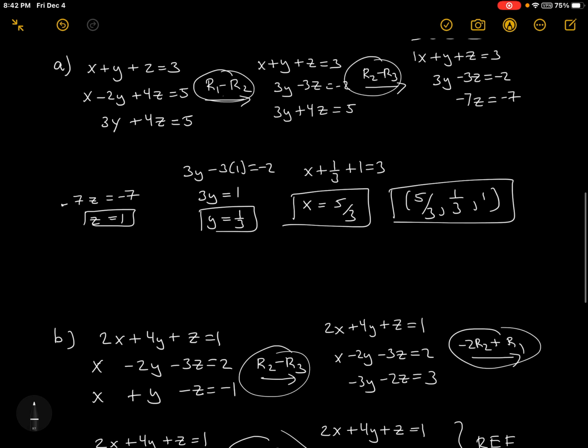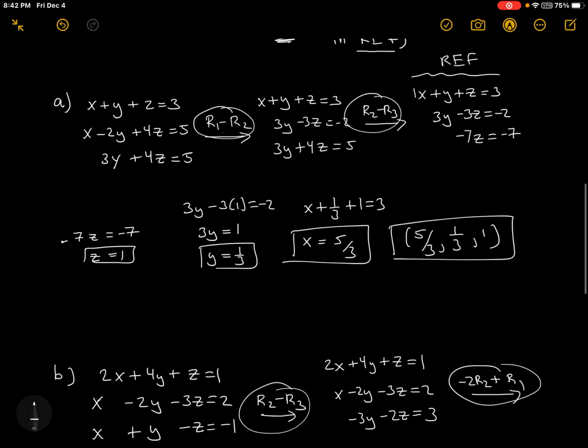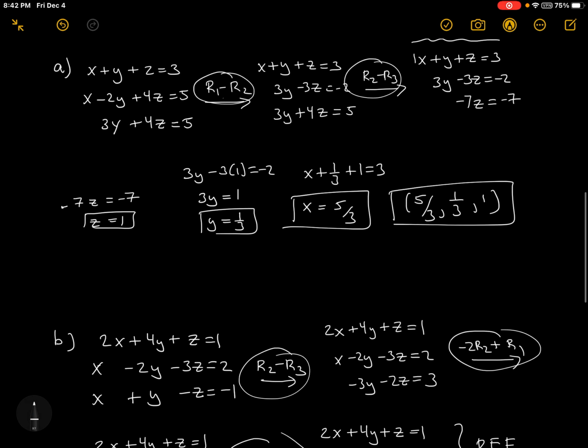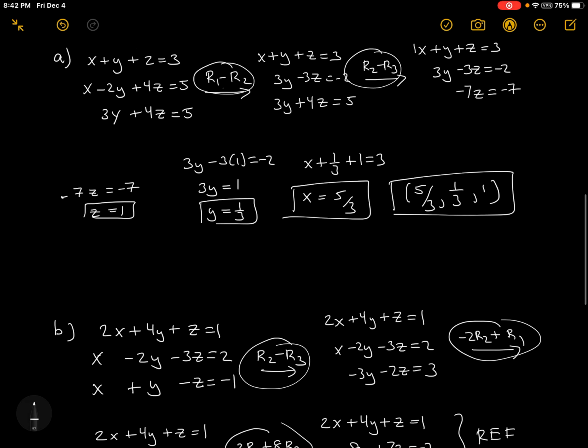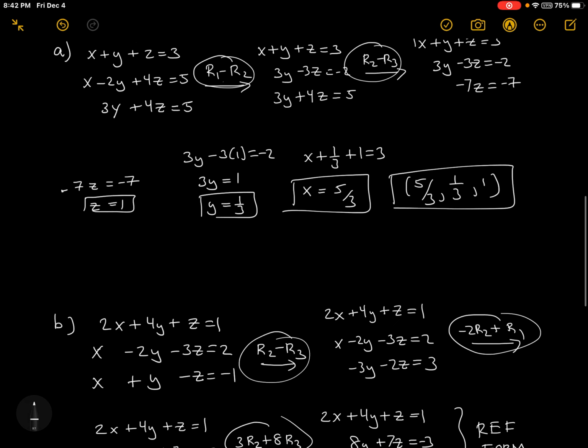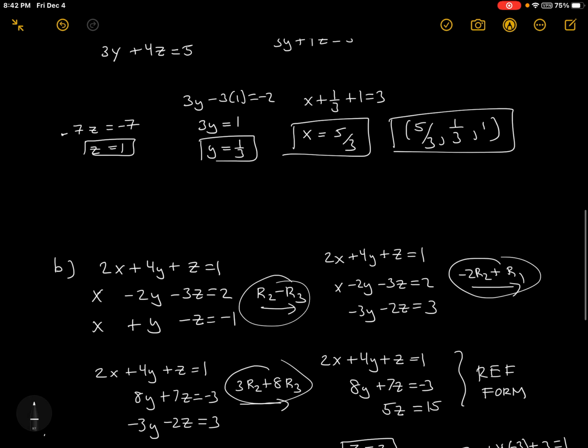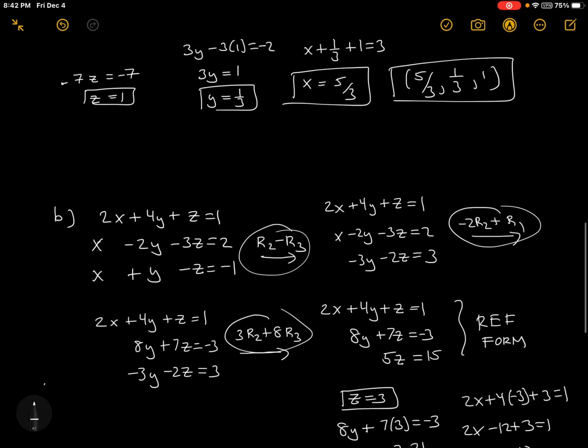If it just says solve the system using any technique, then by all means, what you learned in the past, you can apply. But the whole point is to notate and use this new particular method and to put it